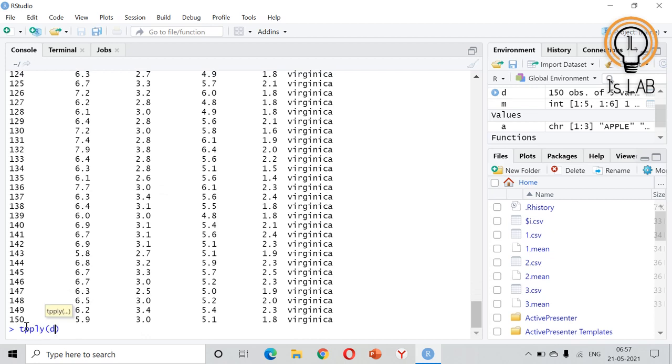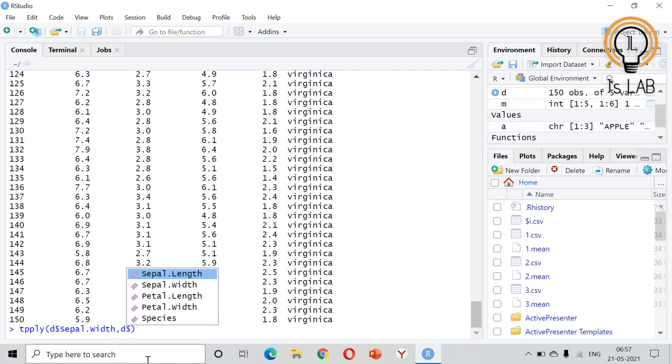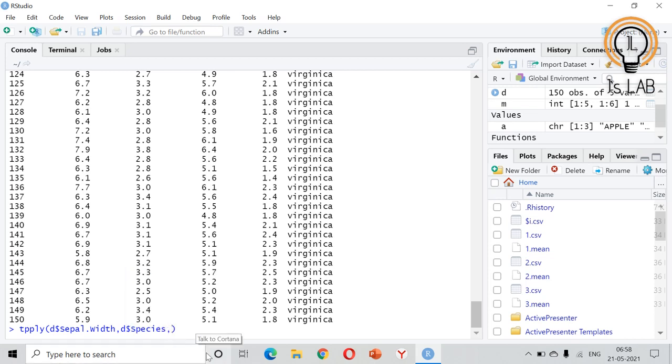Our data set is D, and you need to provide inside D the sepal width. And what is the factor? In the D data frame, the column species is the factor. And what is the function? I need to find the median.